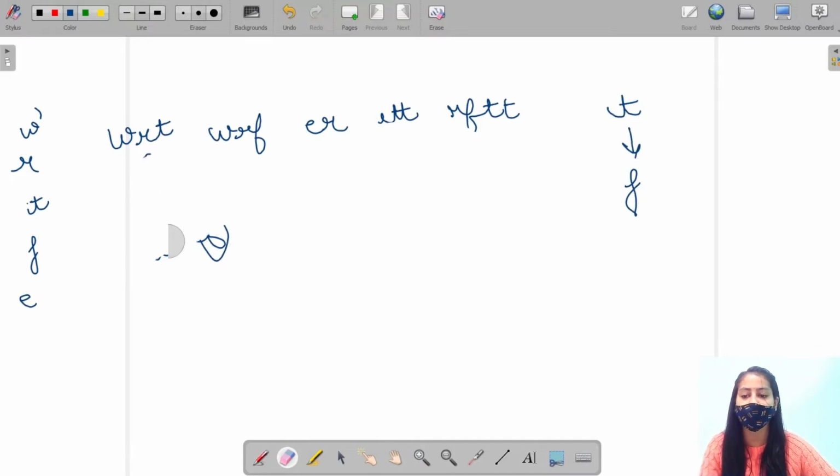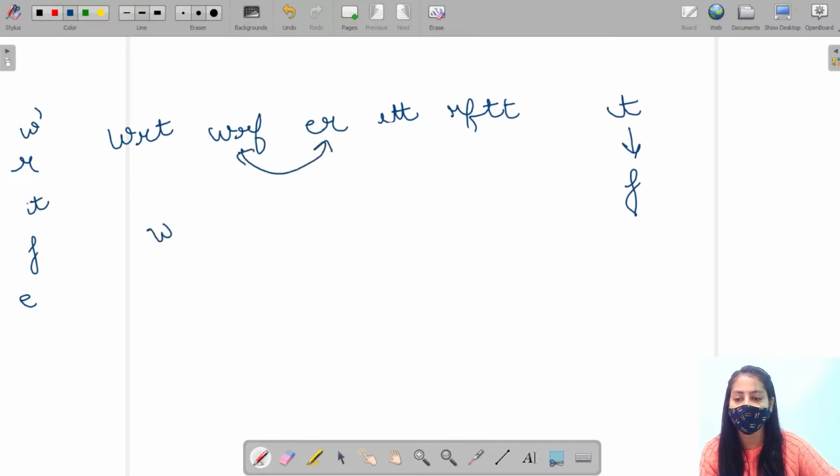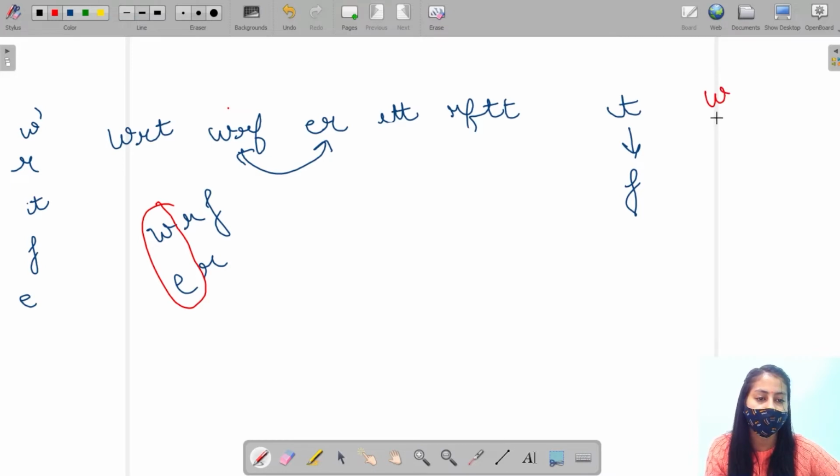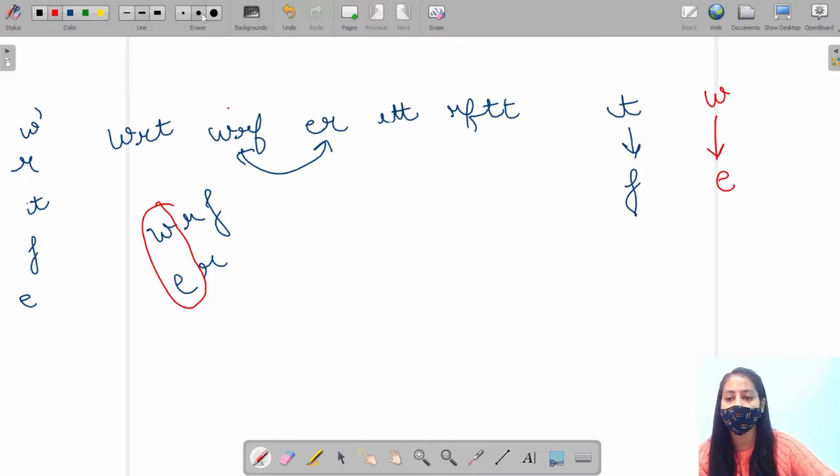That is, the preference of T is more than F. So we will create a graph-like structure to show the preferences of letters. Next, I compare these two, that is WRF and ER. The first mismatch characters are W and E. Now this word is before this. This will tell me that the preference of W is more than E in the lexicographical order.